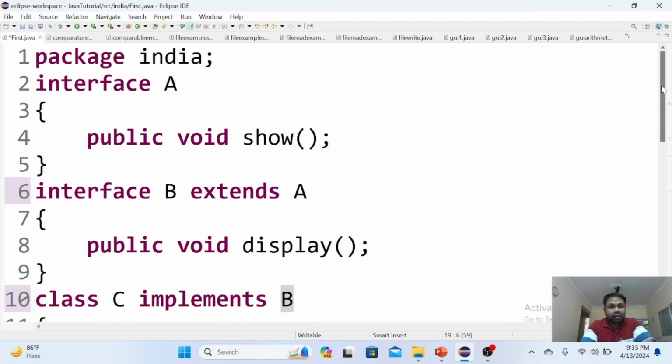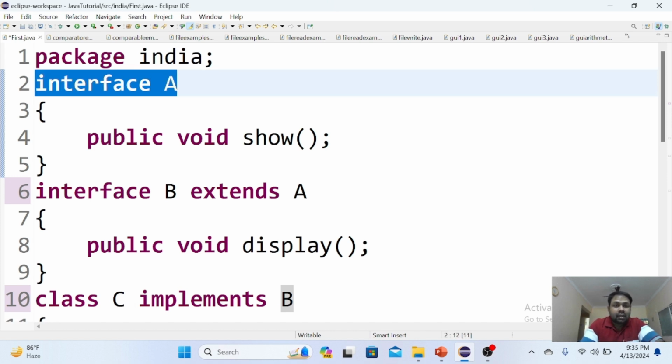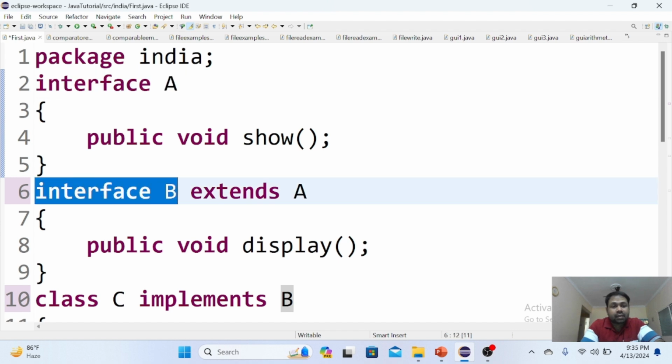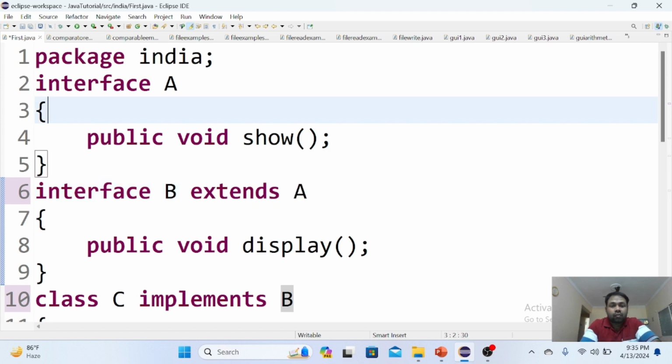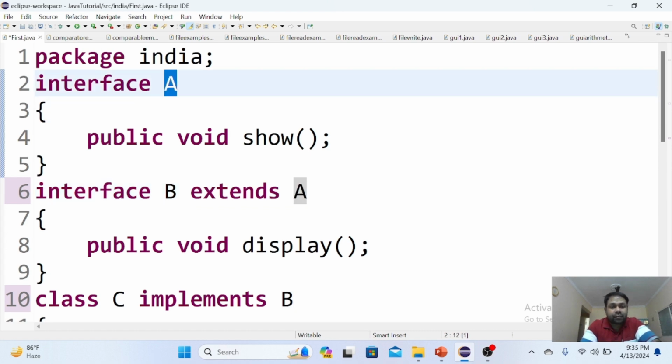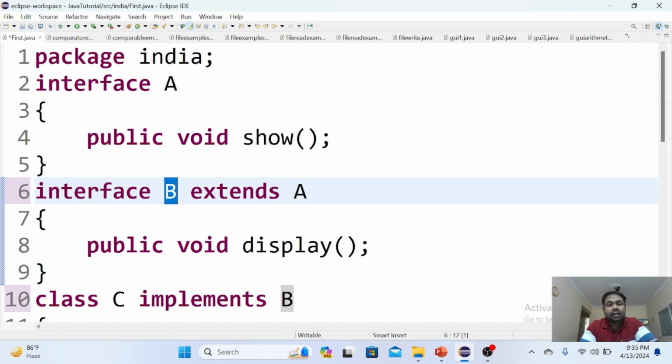So now what we have done, this is not the multiple inheritance concept. This is something like extending the interfaces. Interface A is created, and from there a child interface can be created by using the keyword extends, just like how classes are getting extended. So now A is said to be the parent interface and B is said to be the child interface,